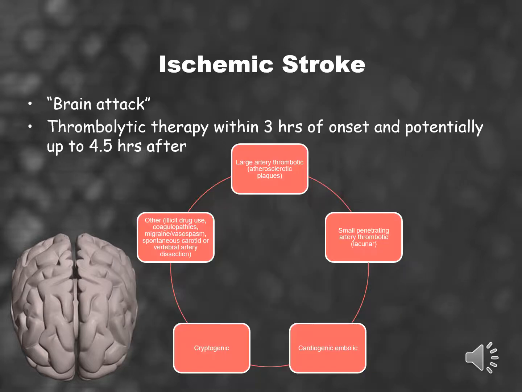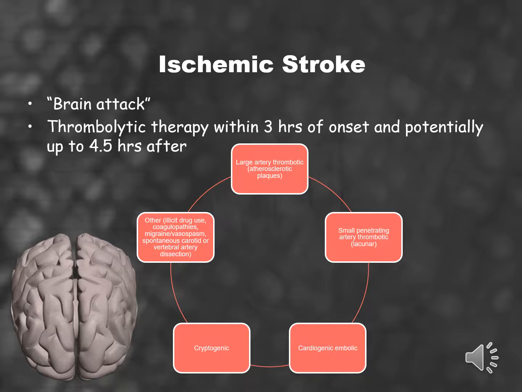Another term for an ischemic stroke is a brain attack. So if you remember back to cardiac, a heart attack necessitates immediate care. Same thing with an ischemic stroke. So the term brain attack is used just to stress that sense of urgency when somebody comes in with an ischemic stroke. So one of the best ways to treat and decrease symptoms and improve their functioning after the stroke